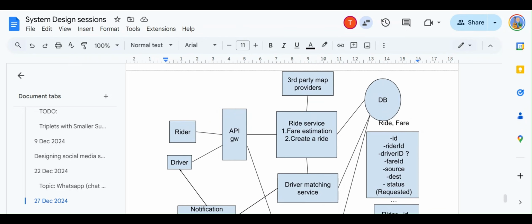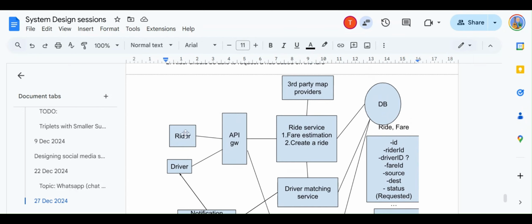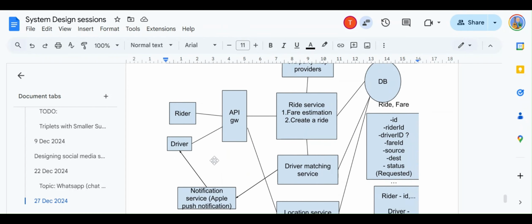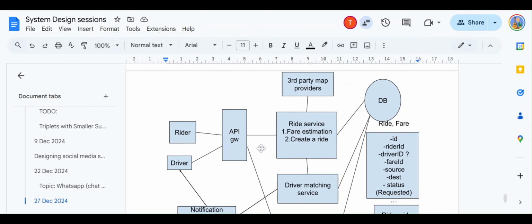Or suddenly the entire world wants to travel and book a cab, and there's a burst of traffic. What could really happen at that point is that the ride service may not be able to handle all the requests. It's a scalable service, which means new instances will get instantiated. But even instantiating those instances takes some time.